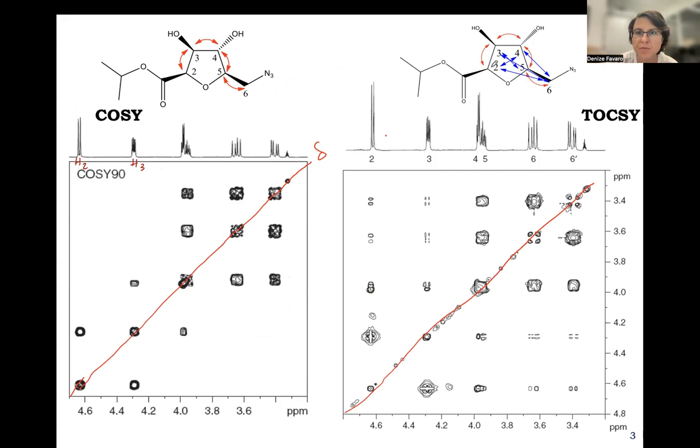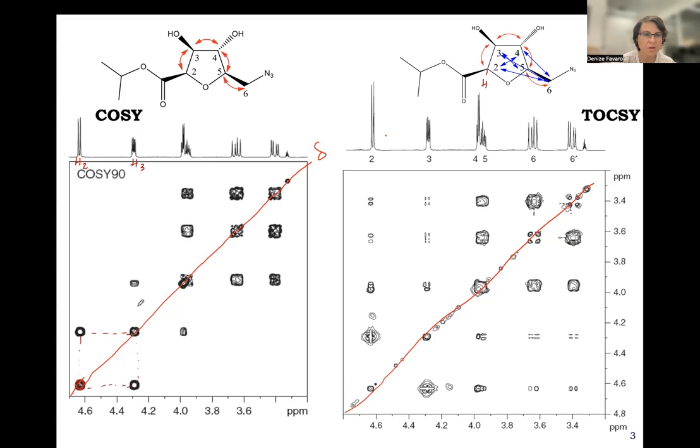So for example, if I look at H2, my H2 is here. First of all, I see a diagonal on both spectra. This is just the chemical shift, right? If I look at the diagonal of H2, I see a correlation of H2 with itself. It's just a chemical shift. But if I come off the diagonal and go back, I see a correlation here and here, exactly the same thing, right? And if I go back to the diagonal here, I see a square, and this square gives me the